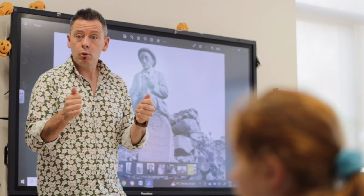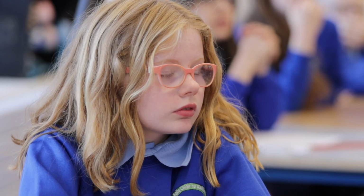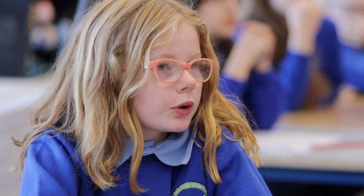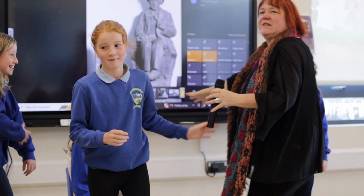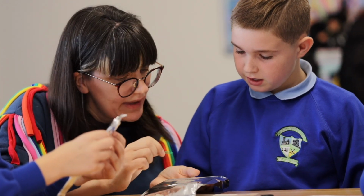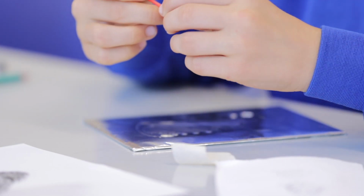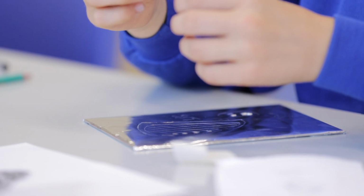And as we know, artefacts have a story to tell, but the great thing about introducing artefacts in the classroom is that children become historians. So they learn to ask the questions about the artefacts and they learn to give a voice to those artefacts. And with the help of Órla and Jojo today, the children got to interact with the artefacts in a very multi-sensory way, whereby they did some art, they did some drama, and they were very, very active in their learning